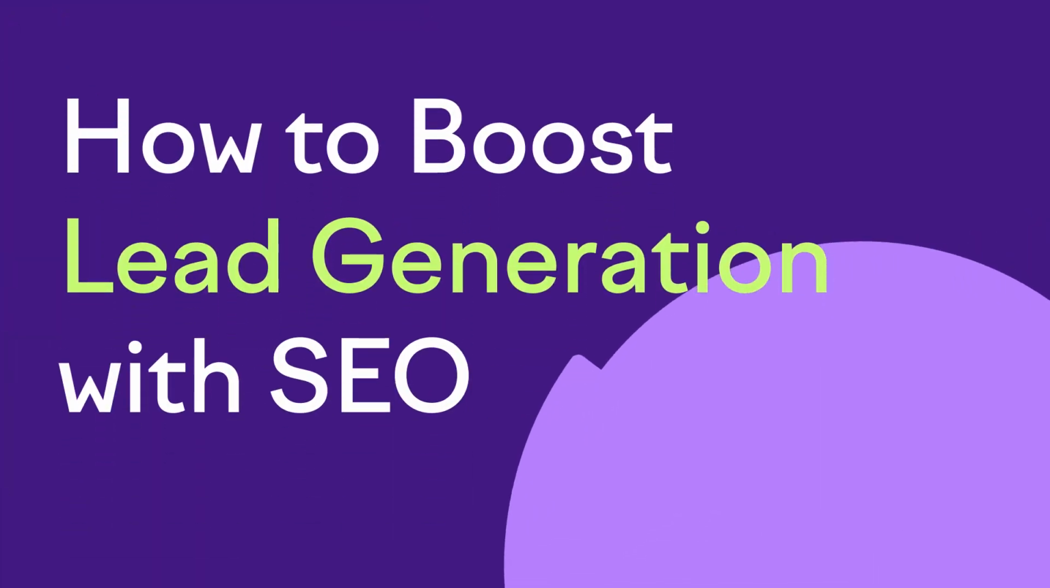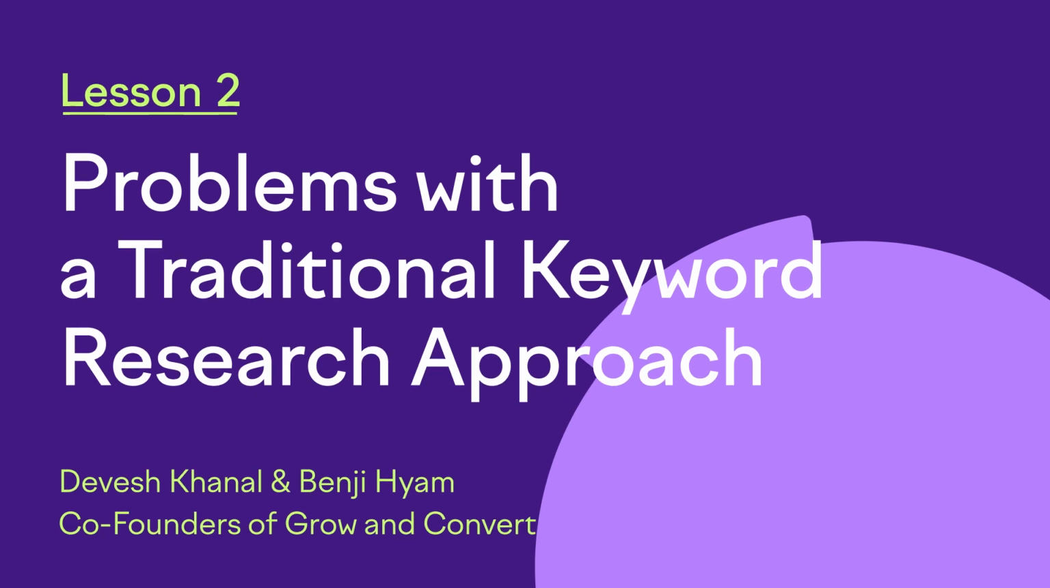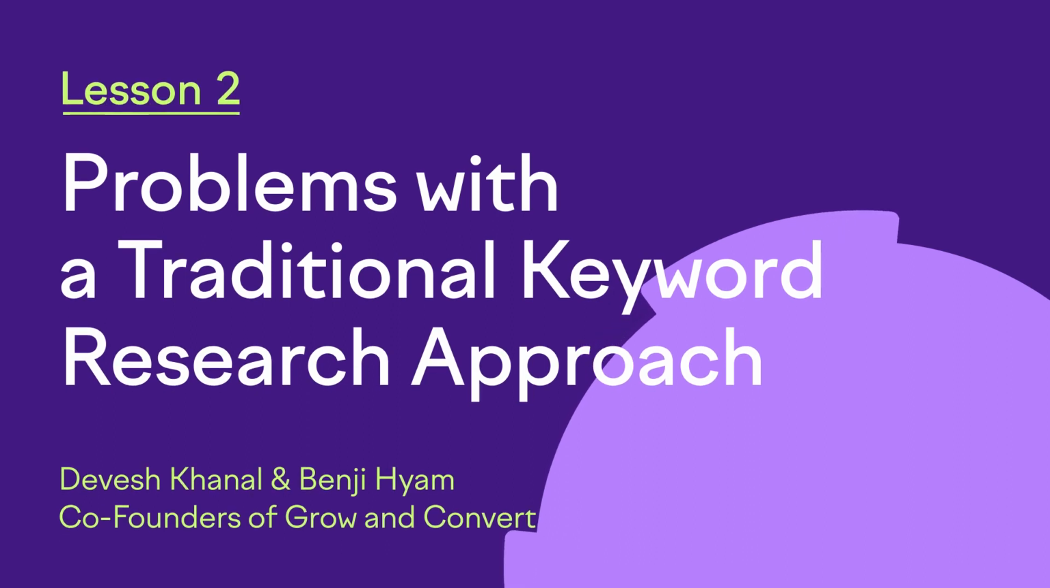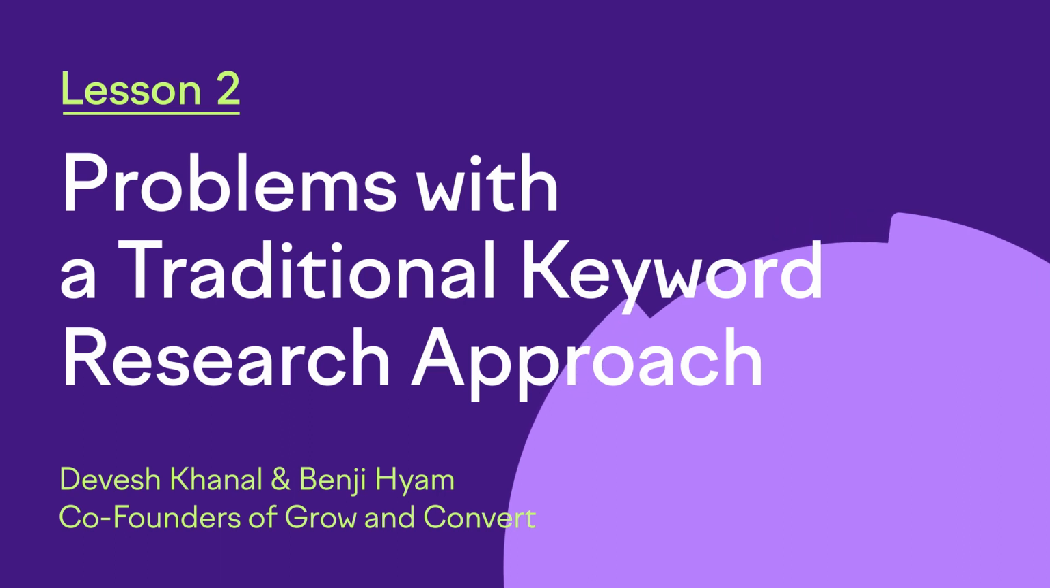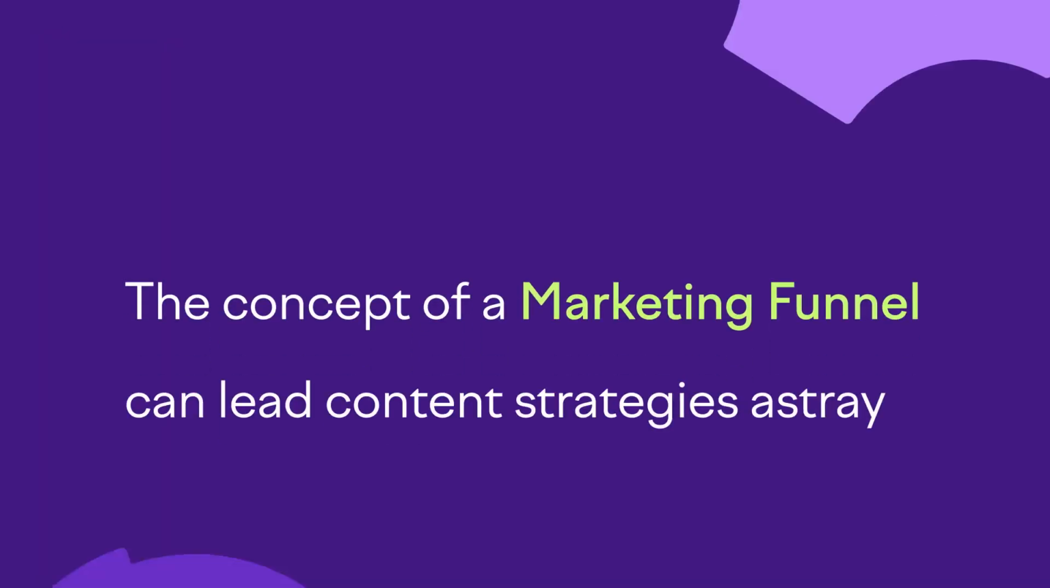So in this lesson, we want to start off by talking about how people normally do keyword research and plan a content strategy and the problems with it. So we're going to start by introducing a concept that anyone in marketing is very familiar with, that a lot of content marketers use, that leads them, in our mind, astray to a content strategy that doesn't convert,